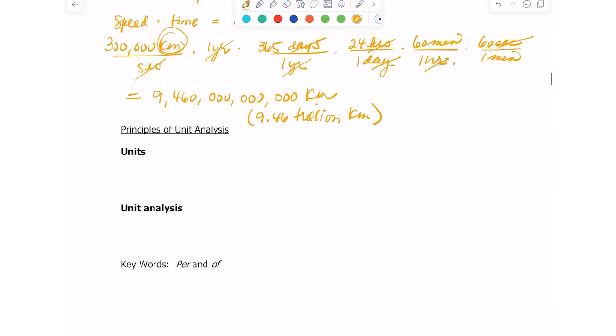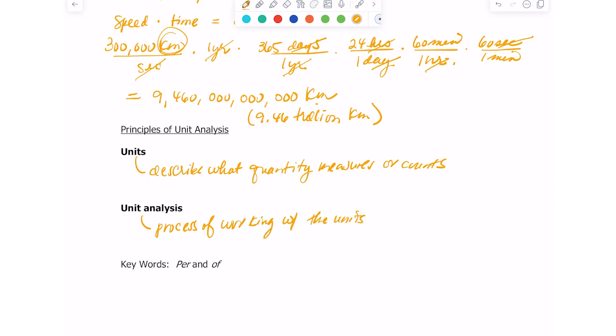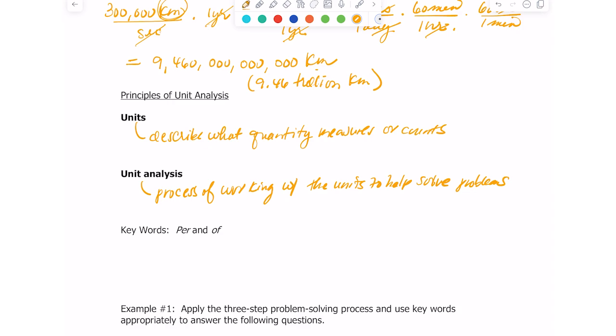So what we used there was a method called dimensional analysis or unit analysis. And we learned before that units describe what quantity measures or counts. So unit analysis is a process of working with the units to help solve problems. We talked about or heard the words per and of. And we know that per means basically for every,